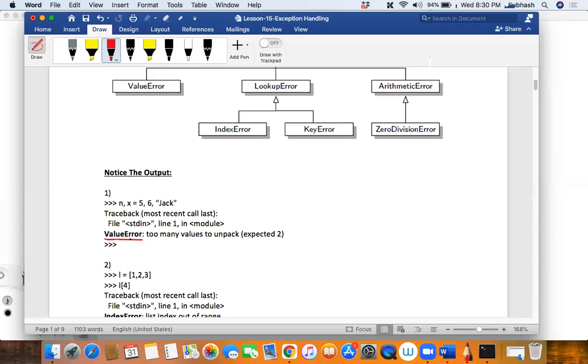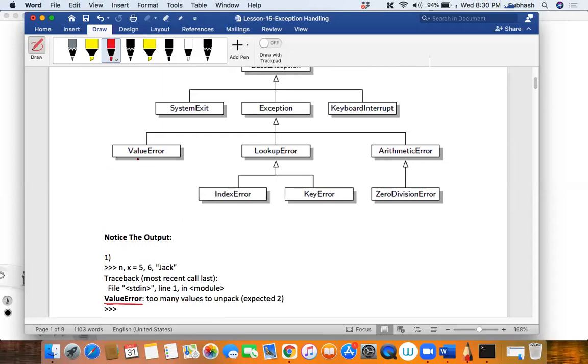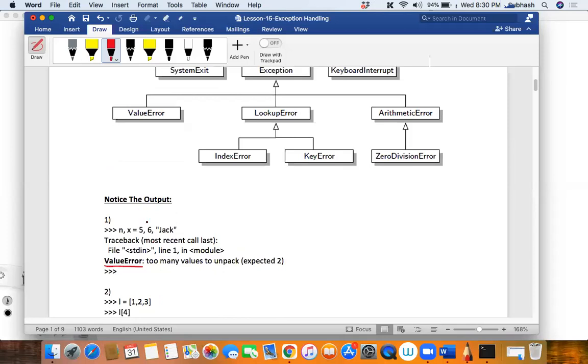Yeah, a runtime error. So this is a value error, which is of type class ValueError. Okay, that's what I'm trying to show you over here. Is that clear? Are you understanding what I'm saying? So when you try to do this, the Python interpreter will give me a value error. Okay, it's a runtime error, right?